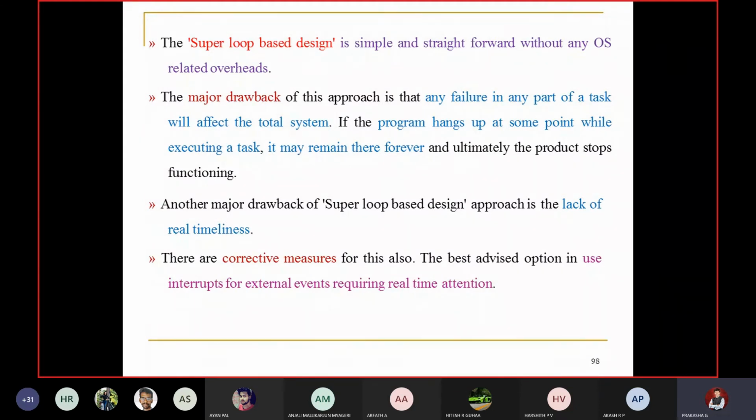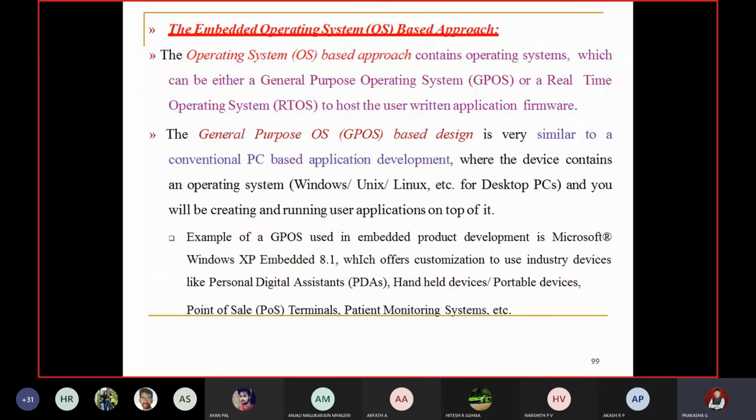Once you give the correct data, only then it will process. Otherwise, it will say your input is not correct. Your coin insertion, the card you inserted is illegal, not valid, or expired, so you cannot withdraw. All those things come into the picture. So any external input you are checking, the problem comes like this. So that is the Superloop based model.